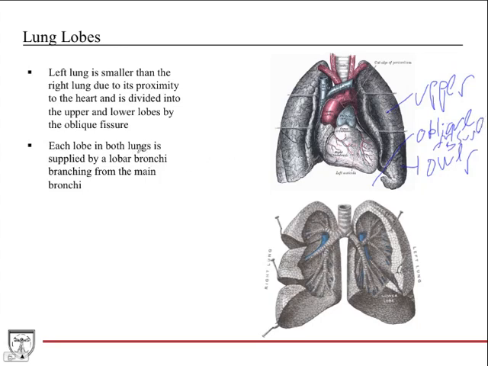Each lobe in both lungs is supplied by a lobar bronchus branching from the main bronchus. So here you have your trachea here, and then you have your main bronchi here. Okay, you can see that very nicely here. And then the main bronchi split into these lobar or segmental bronchi. So this one goes to the upper lobe, this one goes to the middle lobe, this one goes to the lower lobe. So lobar meaning they go to each lobe. And so then you have this main bronchus, which splits into these lobar bronchi on the left, which go into the upper lobe, and then this lobar bronchus goes into the lower lobe. So there are 3 lobar bronchi in the right lung, 1 for each lobe, 2 in the left, again 1 for